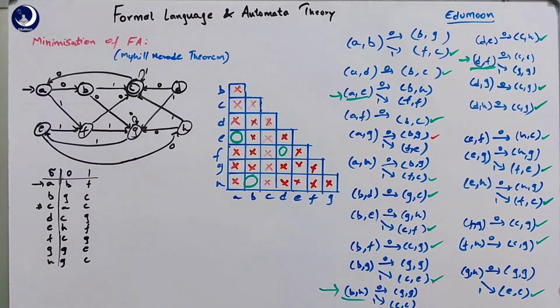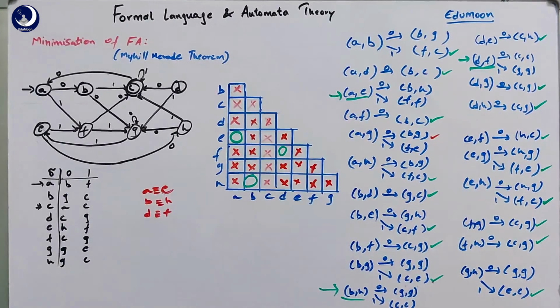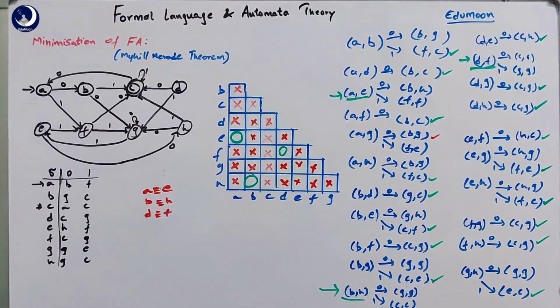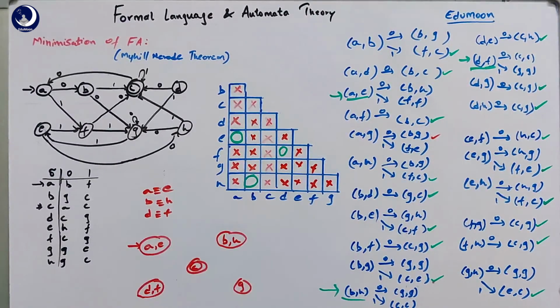So the meaning of that is those are equivalent states, that is A is equivalent to E, B is equivalent to H and D is equivalent to F here. So we can combine those states, that is we can combine A and E. So we conclude that A is equivalent to E, B is equivalent to H and D is equivalent to F. So we rewrite the main diagram with the combinations here, like the following diagram: AE, BH, DF are the states that are combined.